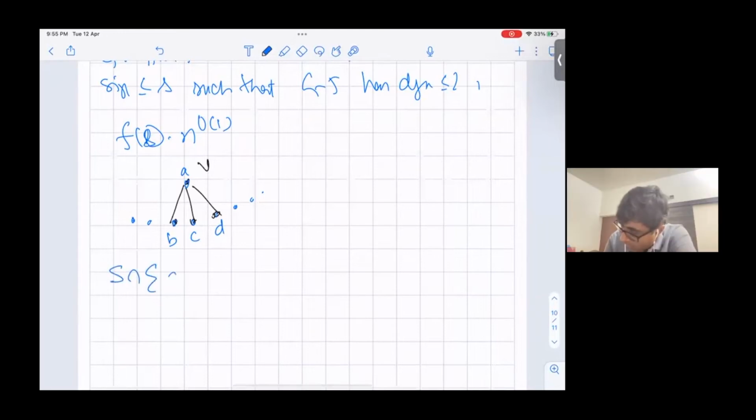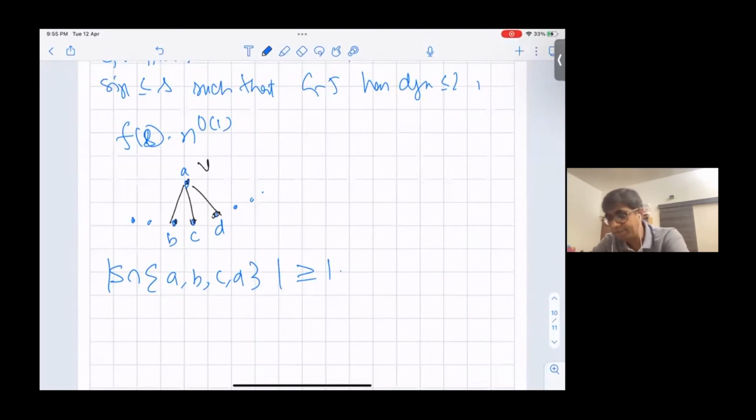That S intersection A, B, C, D is nonempty. Kushal, do you agree? What is our ultimate aim? Our ultimate aim is to have a graph where the maximum degree is at most 2. So if A, B, C, and D all of them survive at the end after deleting, then what is the degree of V? It is 4, which means at least one of them must go into my solution, which implies